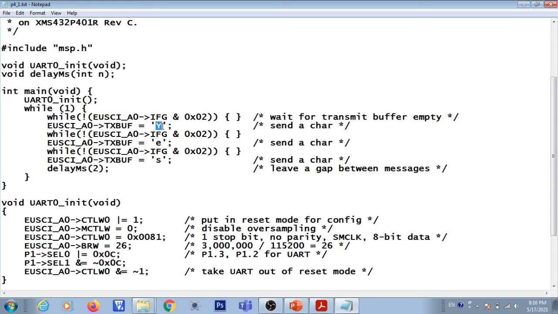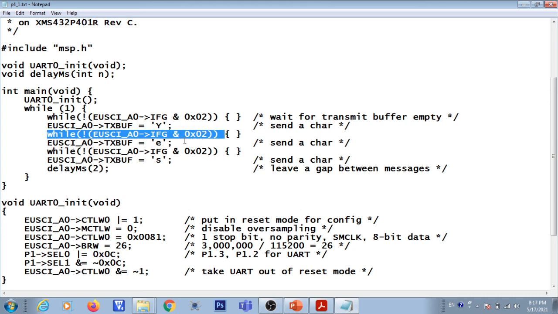I am going to send the first byte, that is Y, my first data, to the TX buffer. Whenever you want to transmit data, before that you need to check the TXIFG flag. Then you are going to send the second data, so before sending it, again you need to do this check and keep waiting until TXIFG is 1.